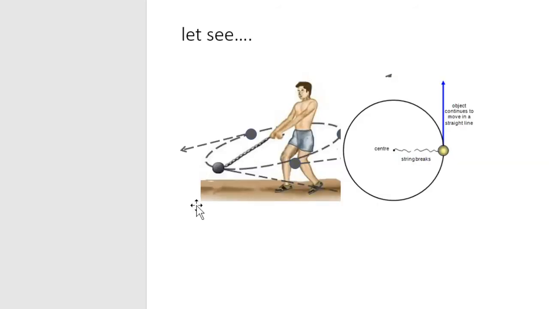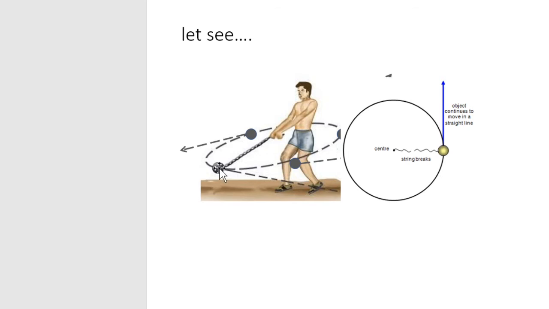Now let's experiment something like this. Suppose you take a thread and attach a ball at the end of the thread, and you try and rotate that thread around just like a circle as shown in this figure. Now what will happen if you leave the thread? In which direction is the ball going to go, right? If some of you are thinking that the ball is going to go in any direction, it is incorrect. Suppose you leave the ball here, the ball is going to travel tangent to that circular motion.